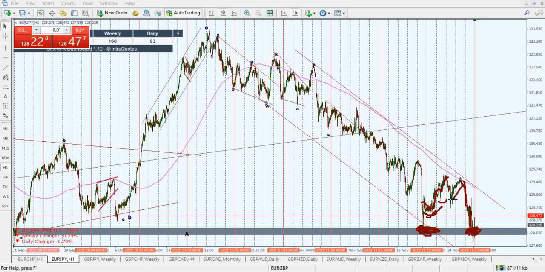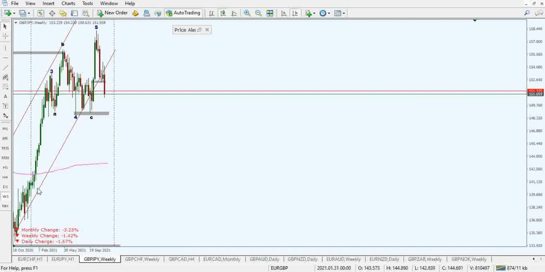So for this one here, I'm going to be waiting for some sort of valid entry, say back into this territory such as this one, attempting to test supply here, before I would then look for another step into taking the next trend decision to the downside. Okay, so for GBPJPY,